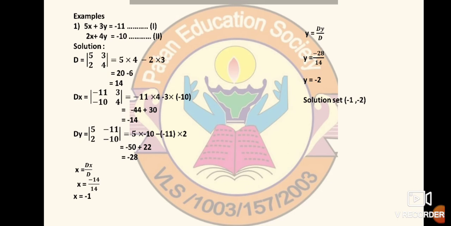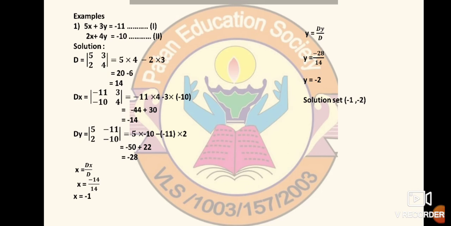So minus minus will become plus. 3 into 10 will become 30. Minus 44 plus 30: as they are carrying different signs, do subtraction and take the sign of the greater number. As you cannot subtract 44 from 30, you have to subtract 30 from 44. It will become 14, and the sign of the greater number, that is minus 14. Now coming down to dy, as you are calculating the value of dy, x will remain as it is,